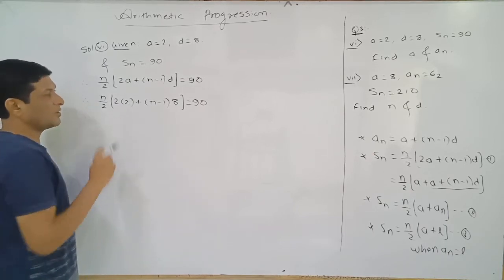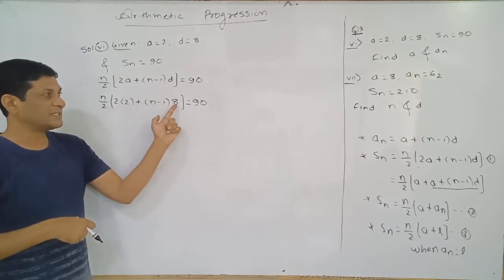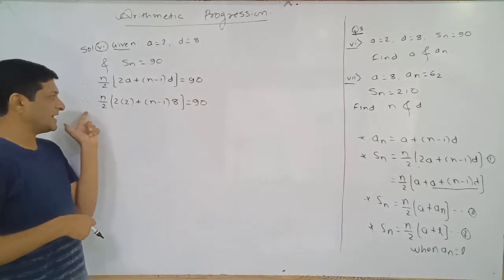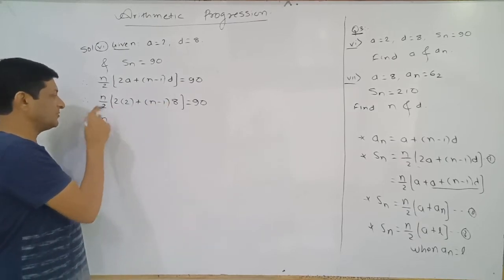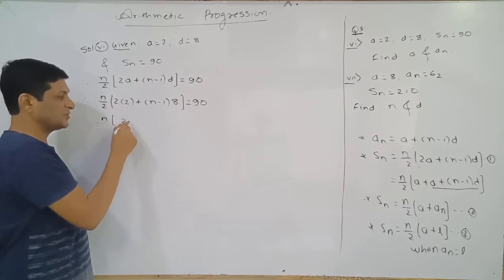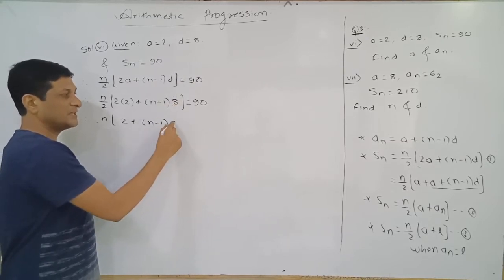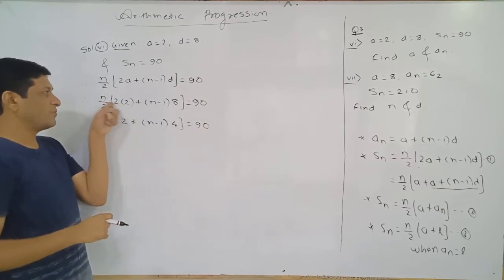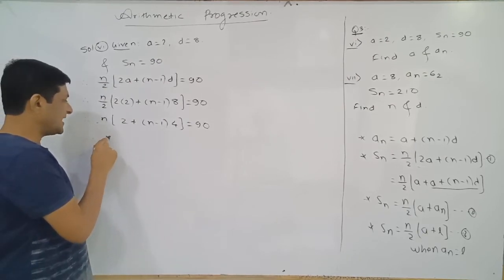If you observe both the terms very carefully, the first term is a multiple of 2 and the second term is also a multiple of 2. If we take 2 common from both terms, it will get cancelled with these 2. So taking 2 common, the remaining term is n. Taking 2 common from the first term, the remaining term is 2 plus n minus 1, keep it as it is. Taking 2 common from 8, the remaining term is 4. Hope you have got this step. You have simply taken 2 common from both the terms and it will get cancelled with these 2. So n, keep it as it is.